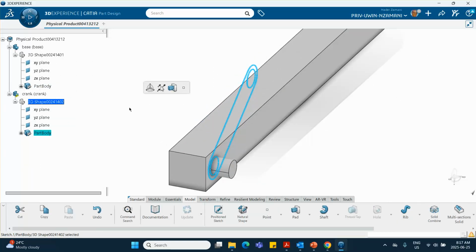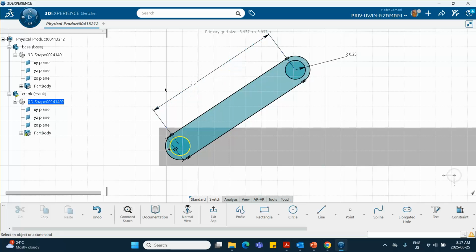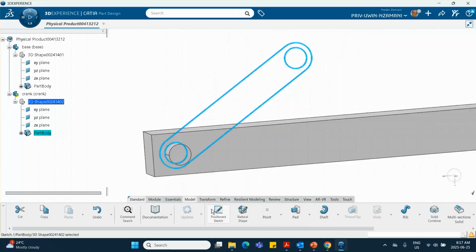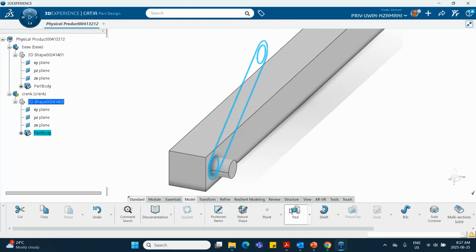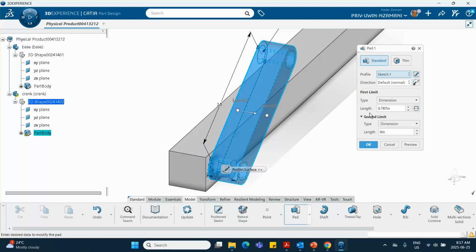And then pad it by, oh, dimension. I forgot dimensions here. Let's go back here. Let's put some dimensions. So the dimension between this point and that point is, I believe, 3.5. Okay, that looks good. Exit, and I'll pad it in the other direction by,